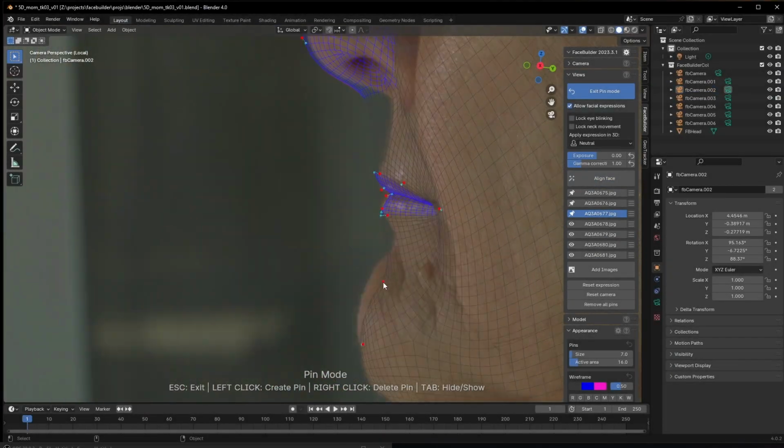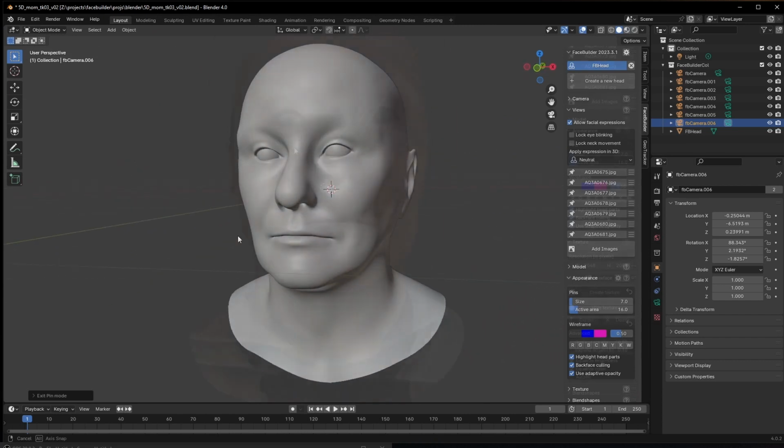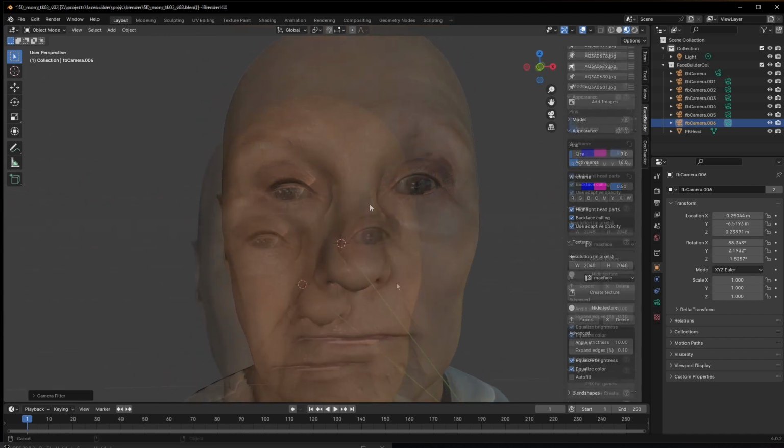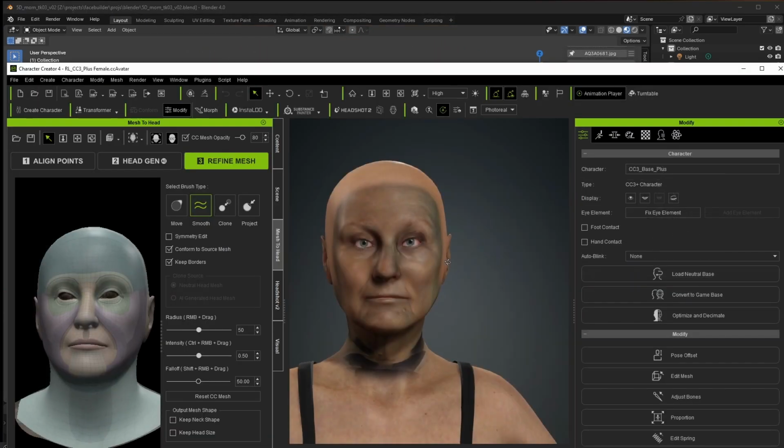Today I'm going to be taking a look at Facebuilder, a plugin by KeenTools for Blender that generates full 3D heads with base textures from 7 or so real-world photographs. What really caught my eye about the company and plugin is that it also happens to be extremely well implemented